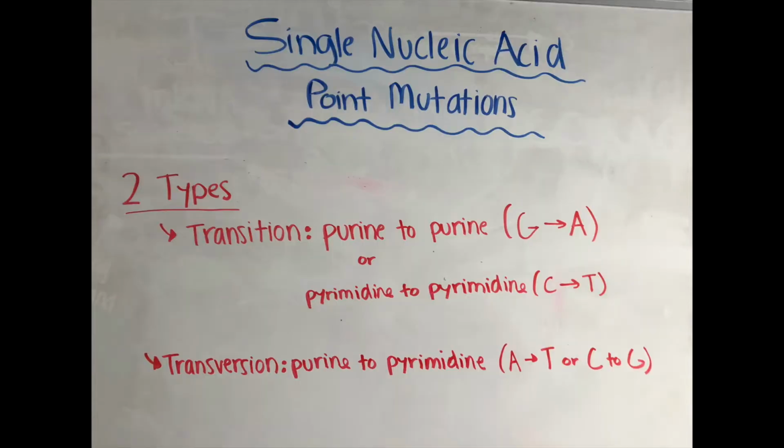Now that we've talked about identifying the sequence of the mRNA strand and the corresponding amino acids, we will take a look at the different types of single nucleic acid point mutations. Single nucleic acid point mutations can either be transition mutations or transversion mutations. A transition mutation can either be a change from a purine to a purine or a pyrimidine to a pyrimidine. Transversion mutations can either be a change from a purine to a pyrimidine or vice versa. The different consequences to these mutations are missense, nonsense, silent, and read-through mutations.